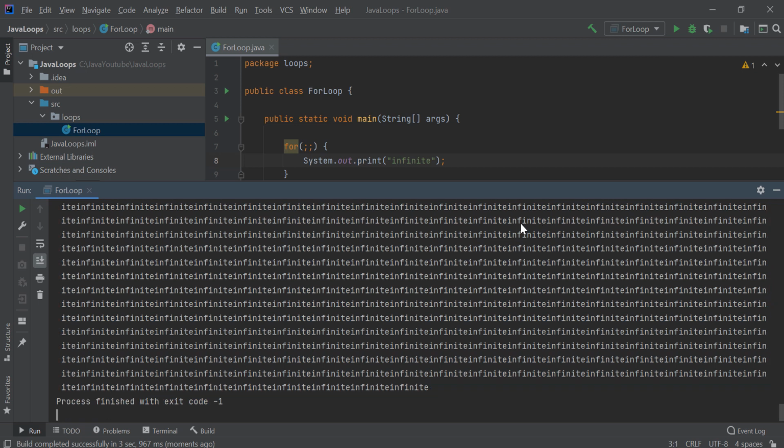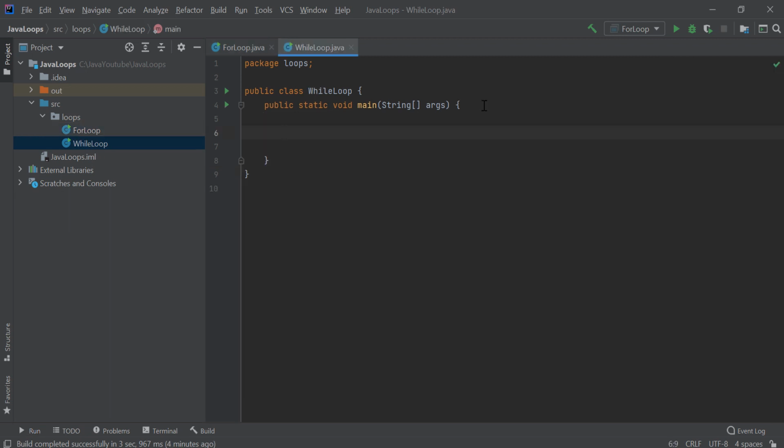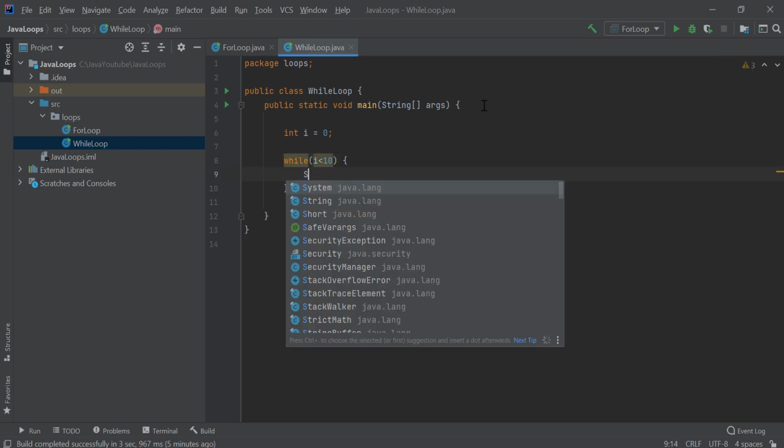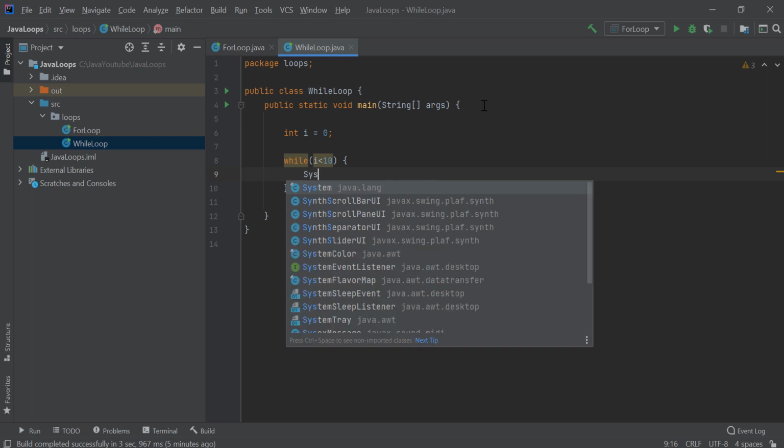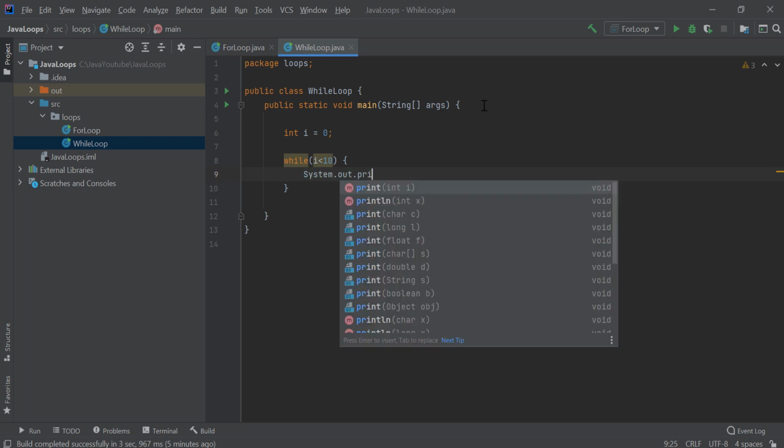And now let's go to the while loop. While loop is actually very similar to for loop, but we initialize it outside of the loop. So we say int i is equal to 0, and then we say while, and then some condition, and I will say while i is less than 10, do something. So we can print i,